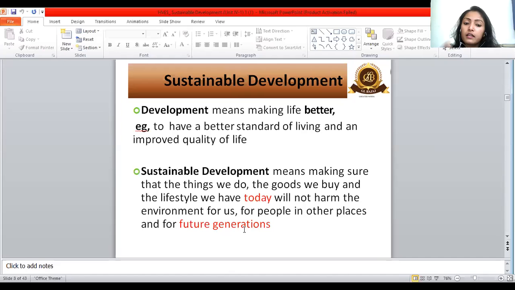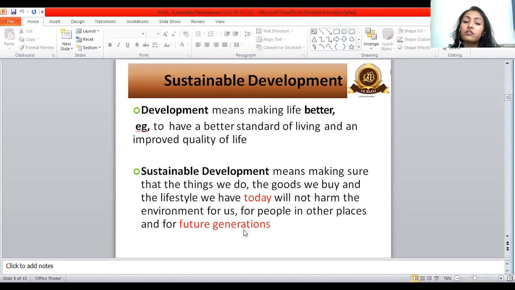So simply, resources should be utilized in a sustainable manner. They should not be overutilized or overconsumed. They should be utilized in a limited manner so that they do not adversely affect others' lives and the life of the future generation. In other words, sustainable development means meeting the needs of the present. That means I am meeting my needs, which are presently my priority, and I am not compromising the ability of the future generation.